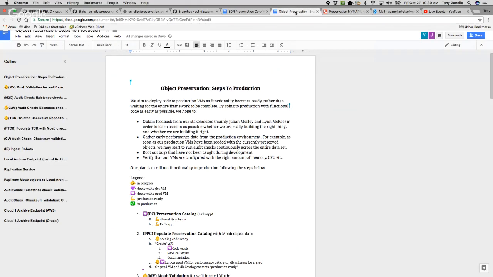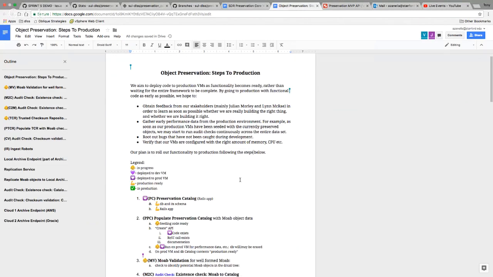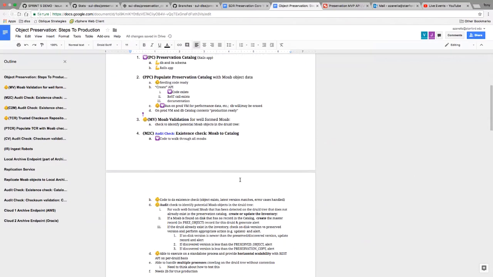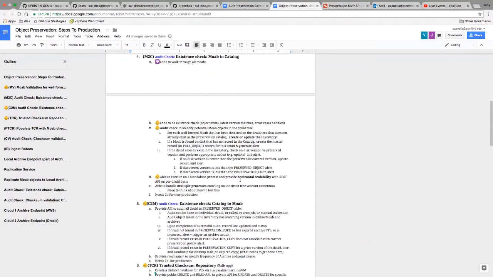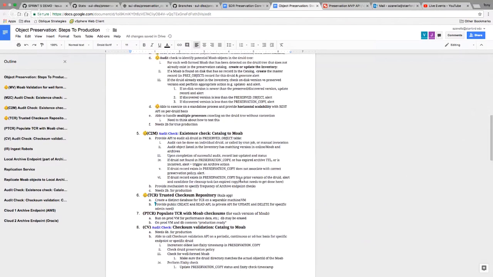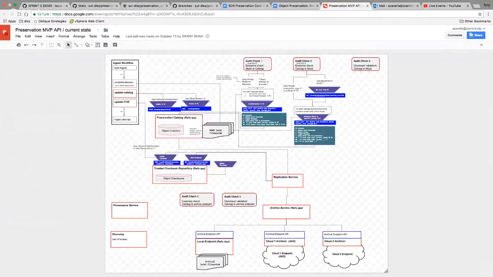We're also continuing to flesh out our steps to production checklist, which we're using as a roadmap towards a fully functioning production system. As you can see, we have advanced along 6 of the 22 steps. And as we move forward, we're also maintaining a diagram of our MVP's APIs, which has helped greatly in our